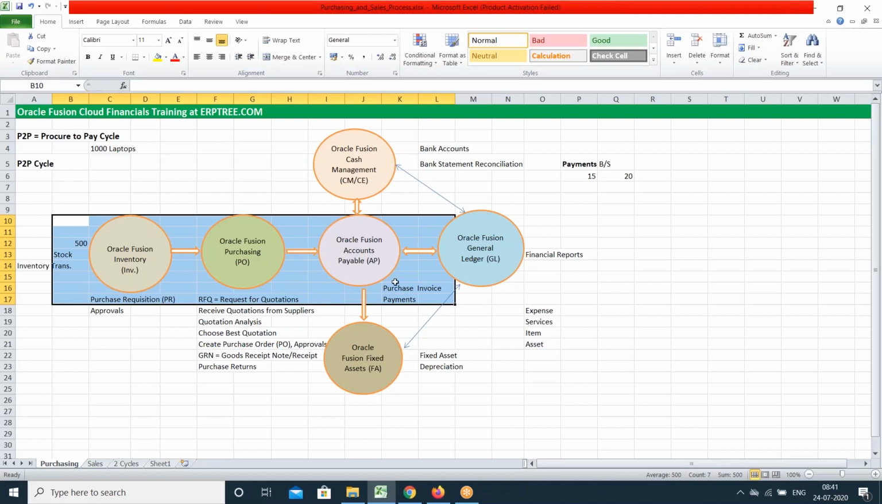Okay, these 3 departments will play the major role in the P2P cycle. Why are we calling this a cycle? It is a cycling activity. If you want to buy today, you have to do this. If you want to buy tomorrow, you have to do it. It keeps repeating. Whenever you have a requirement, you have to raise the request, you have to get the approvals,